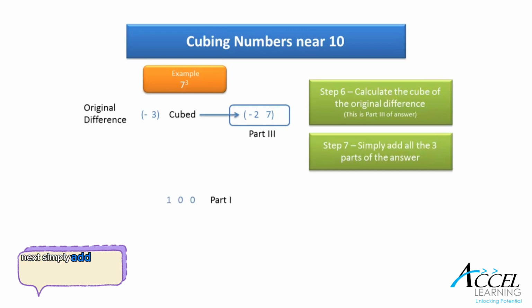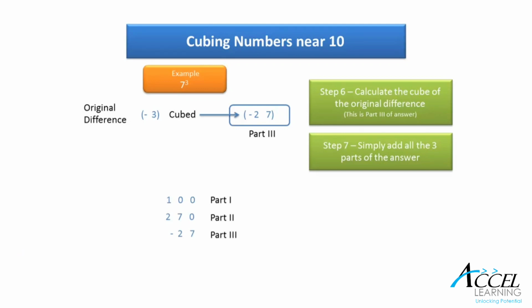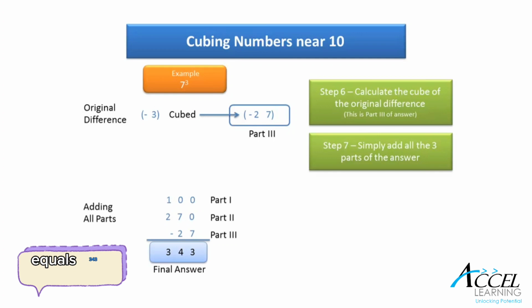Next, simply add all the 3 parts of the answer. 100, 270, and -27 equals 343. Therefore, 7 cubed is equal to